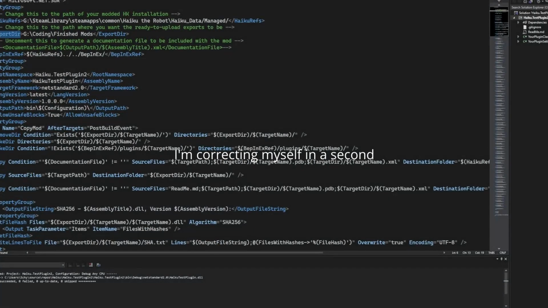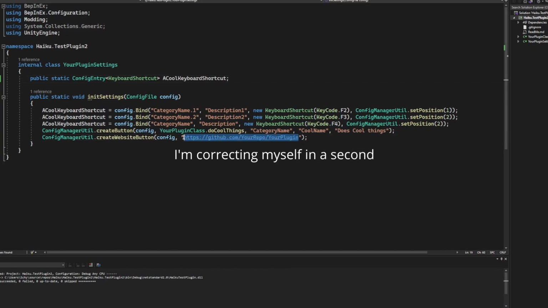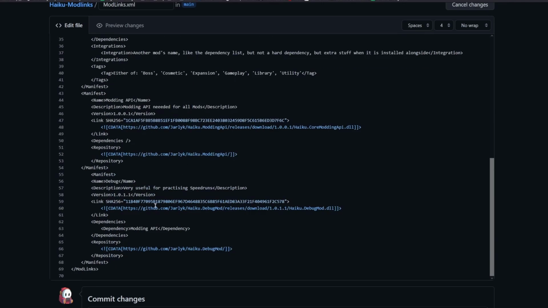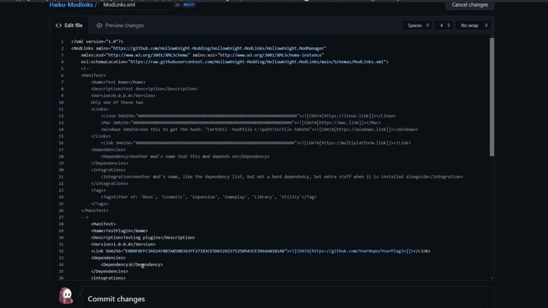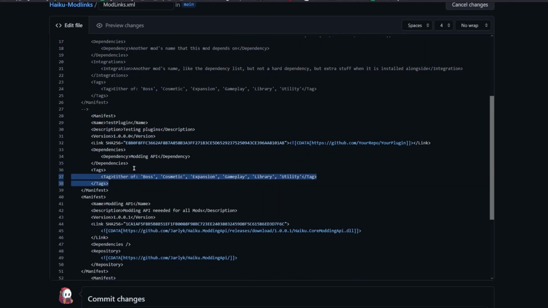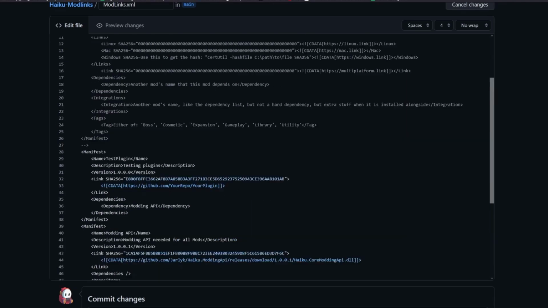So I'm just gonna take this one. Is that approximately? Dependency, in this case we used the modding API. So I'm just gonna copy the name over. Modding API. We don't have that, and we also don't really use any of that. And actually, obviously,